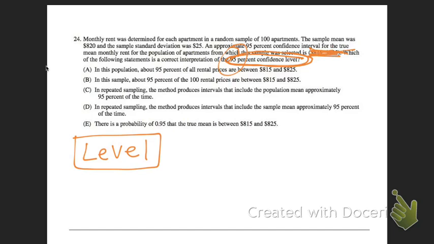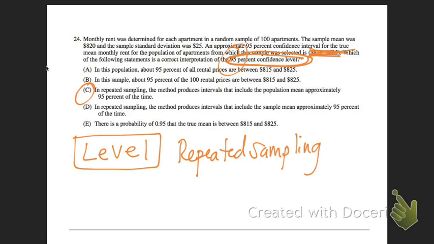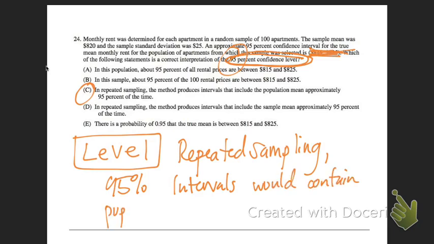So the answer is C, and that's the script that I want you to memorize. If you had repeated sampling, if everyone in this class took a different sample, went to a different city in Texas and took a sample of 100 people, and you each created your own unique confidence interval, then with repeated sampling, our 95% intervals would contain the population parameter. So here, the population mean,